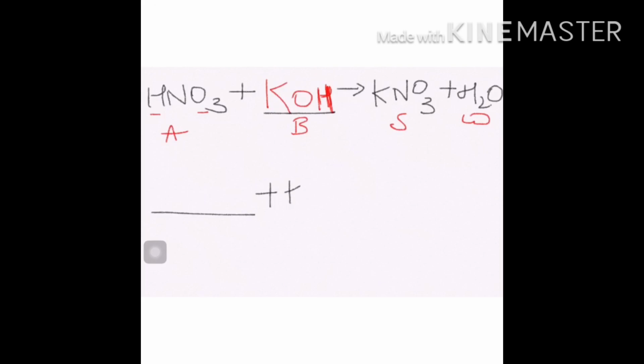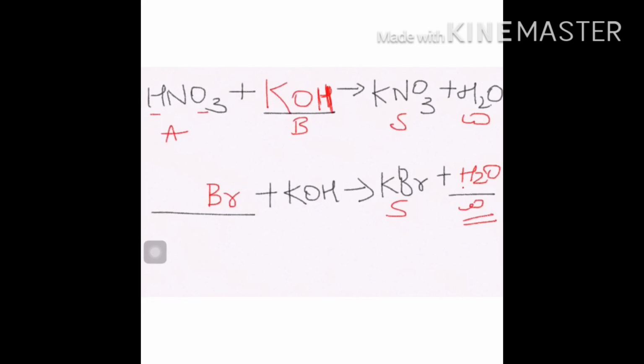Let us solve another example. You have a blank space. Again you have KOH, the potassium hydroxide base, to give you KBr, which is a type of salt. Since this is a neutralization reaction, you have a blank space, but you know you are bound to write H2O. The remaining product is always H2O. You have your salt and water. Now let's find out what is remaining. You have your base, and the acid is remaining. Now what is the acid? You have your Br, which is bromine. Hydrogen is not there, hydrogen will be the acid. So you have HBr as the acid. So acid and base give you salt and water. That is another neutralization reaction.